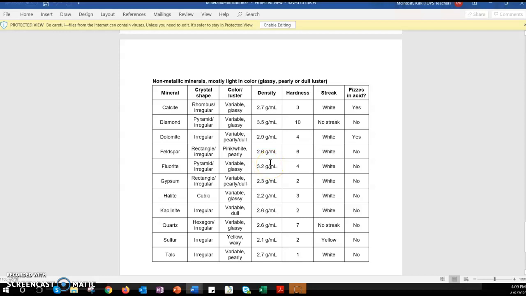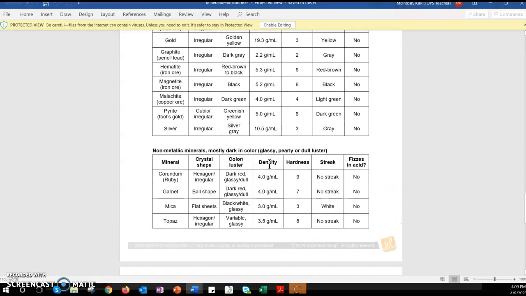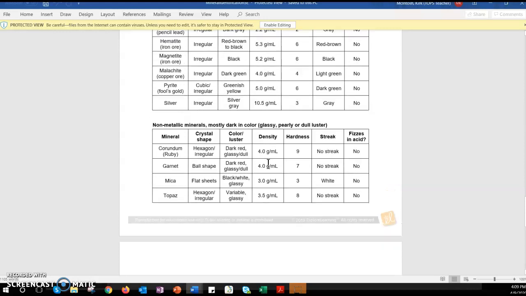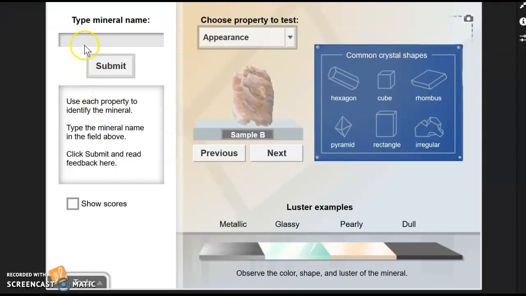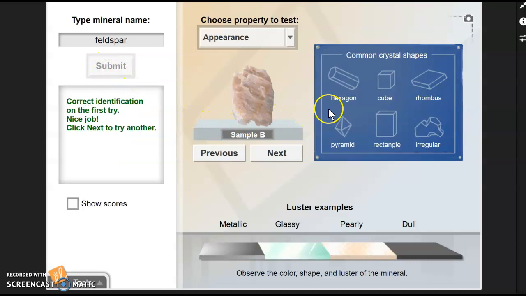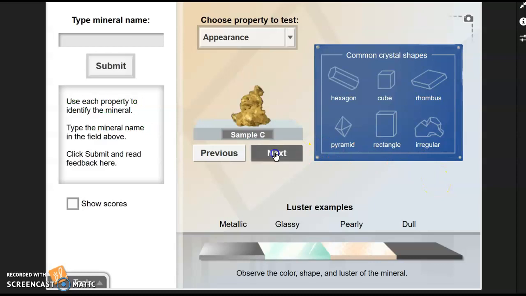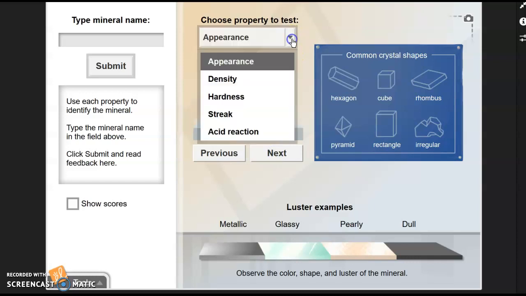Let me see if there's anything else it might be. Let's see here. Nothing else that is 2.6. So let's see if what we have is feldspar. Feldspar. Let's check it out. That's correct. So you can see, guys, that what this is going to allow you to do is to check a lot of different samples to see which one matches up on all of these different tests: density, hardness, streak,